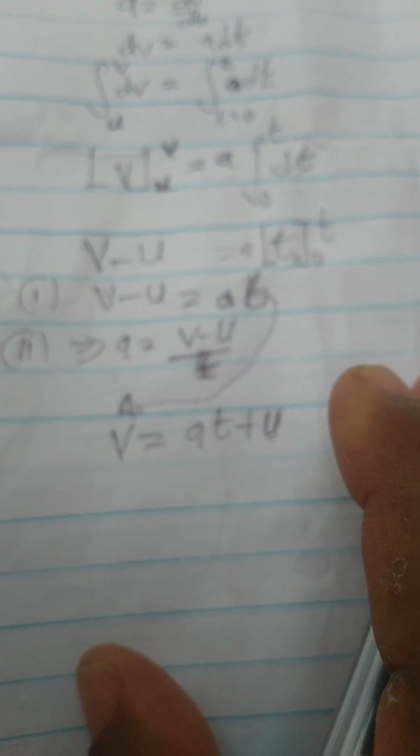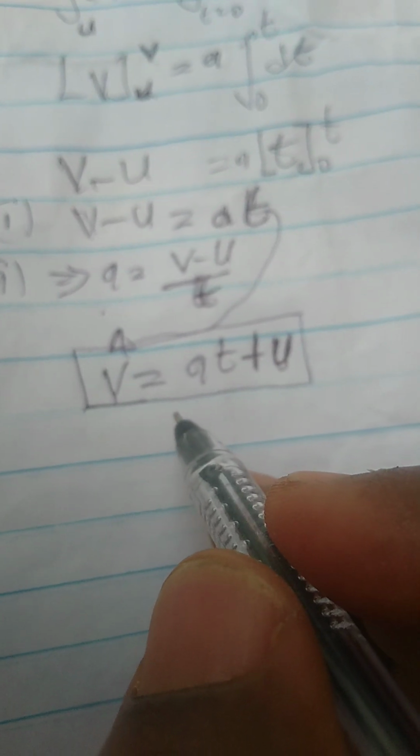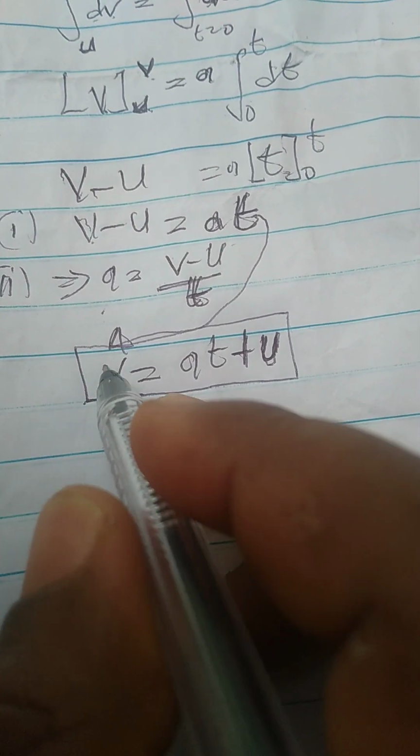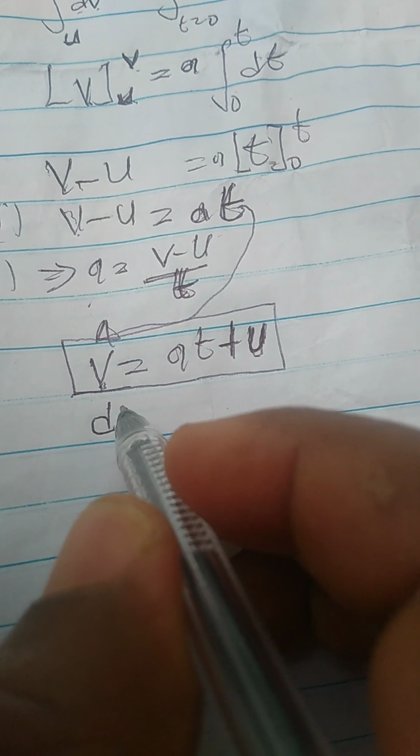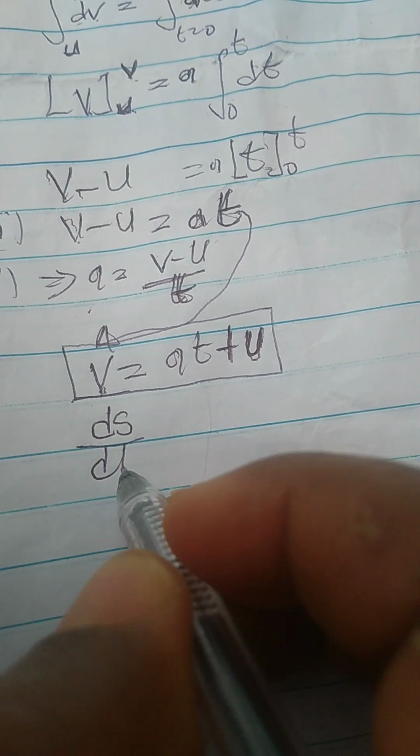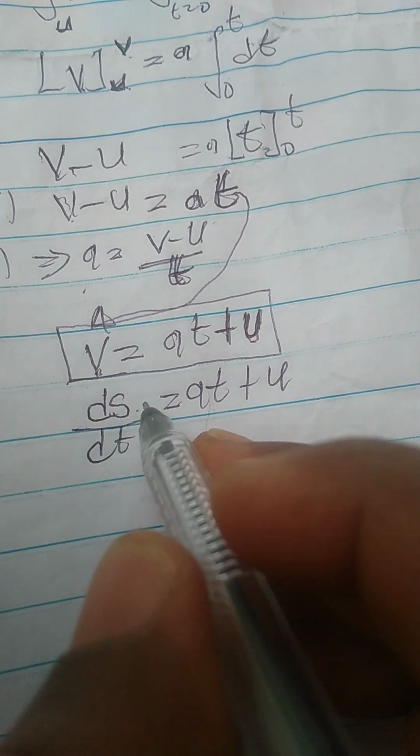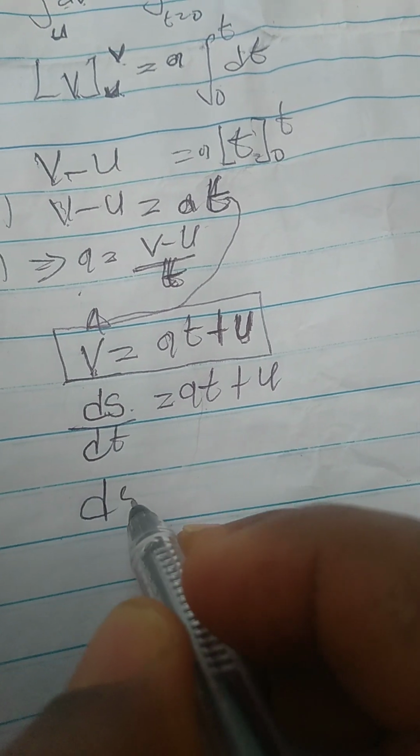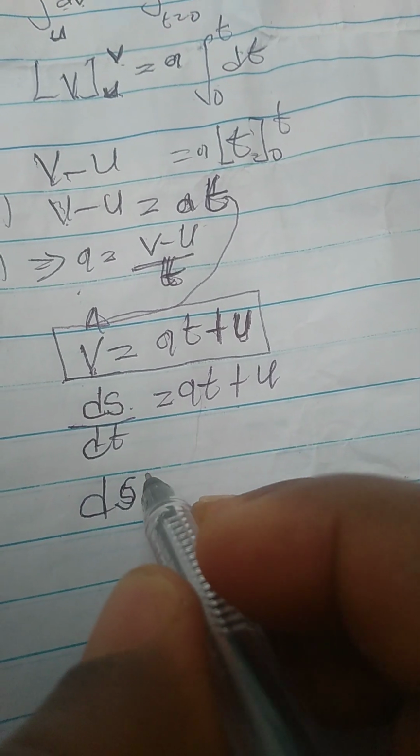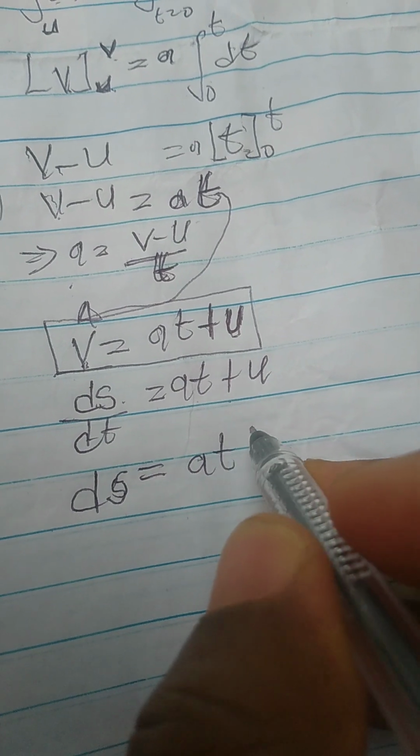Now, having done that, this particular expression should also be noted. Now, having done that, we can take note of the fact that velocity is a change in displacement divided by change in time, which is the same thing as at plus u. Now, making s subject of the formula, we have ds, then we cross multiply the dt to the other side of the equation, is equal to (at plus u)